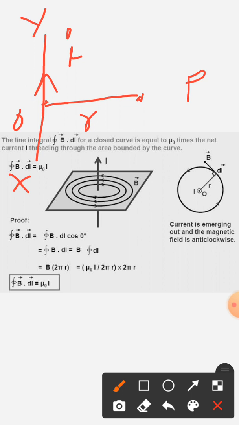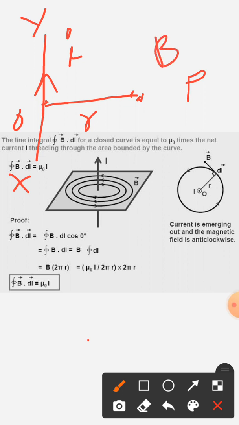Now, this is very complicated to find the magnetic field due to a single infinite length conducting wire by using Biot-Savart law. So, Ampere's law is very applicable and finds the strength of the magnetic field in a very easy way. So, what we will do, let us suppose that the magnetic field at this point is B.